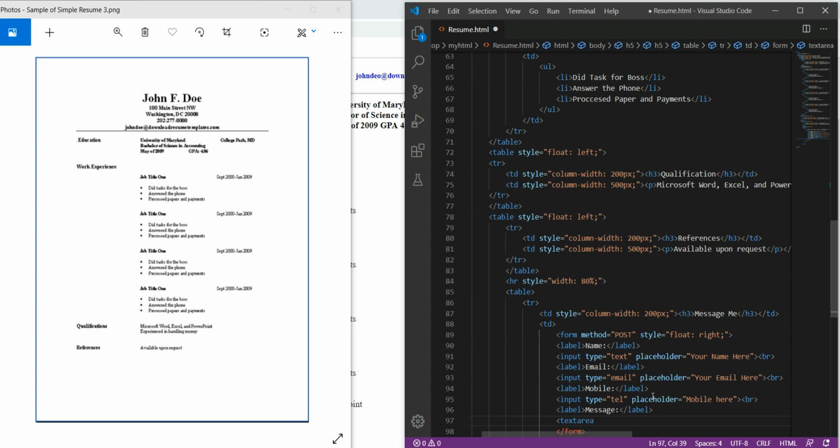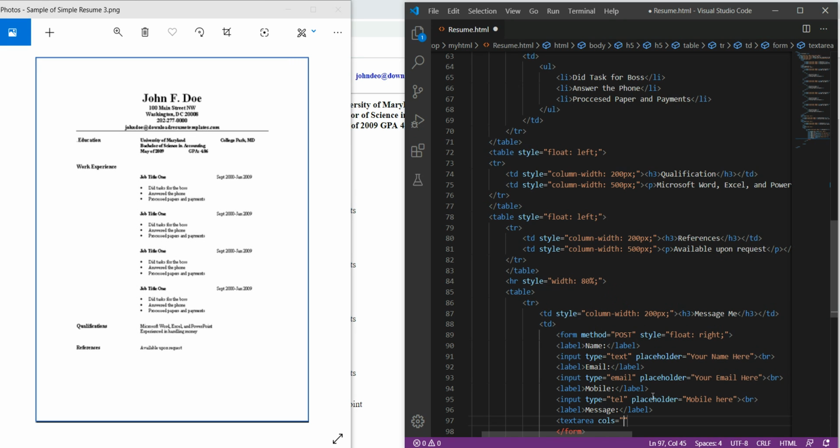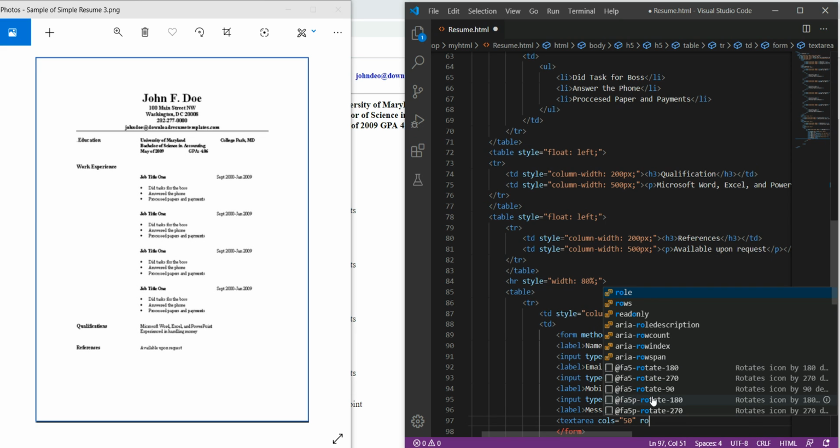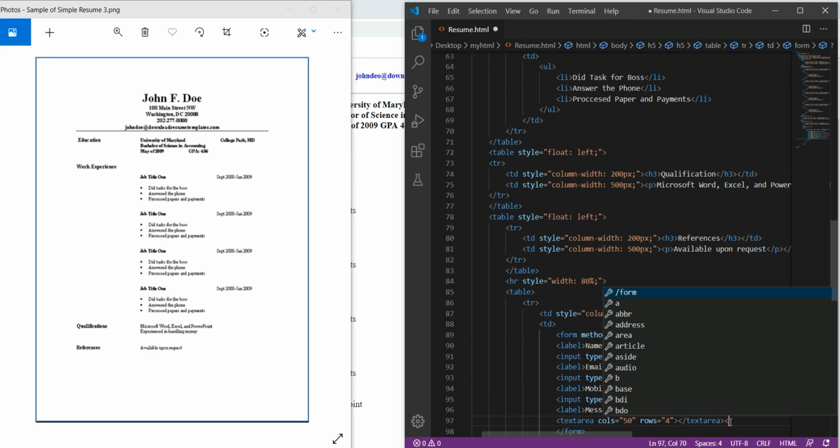So I write textarea, and here I use cols equal to 50, sorry, I use 50 columns for typing, and rows I would like to allow him 4 rows. Okay, so this way we have to use the textarea, and we just have to use br,